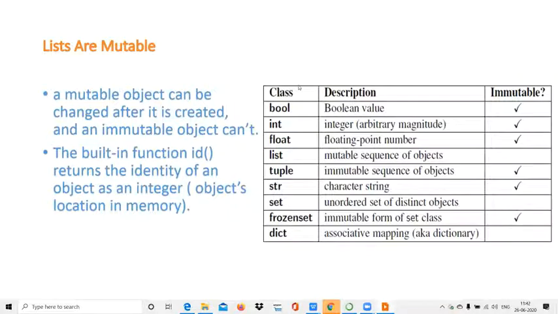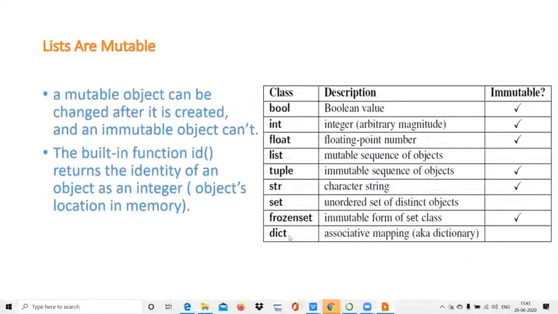So these are the classes in Python. Boolean is immutable, yes. Integer, immutable, yes. Float, floating point, is immutable, yes. List is mutable, it is not immutable.